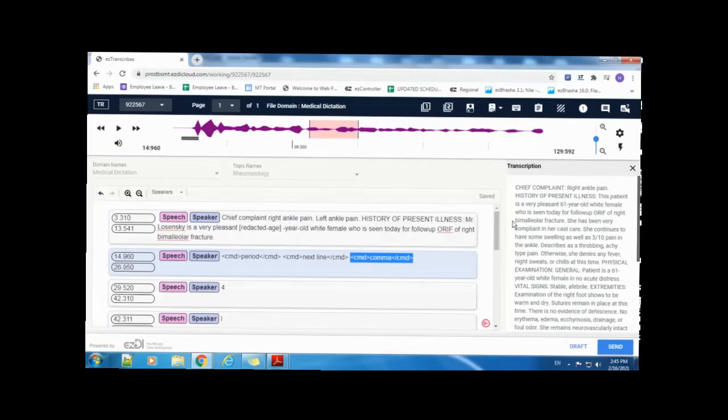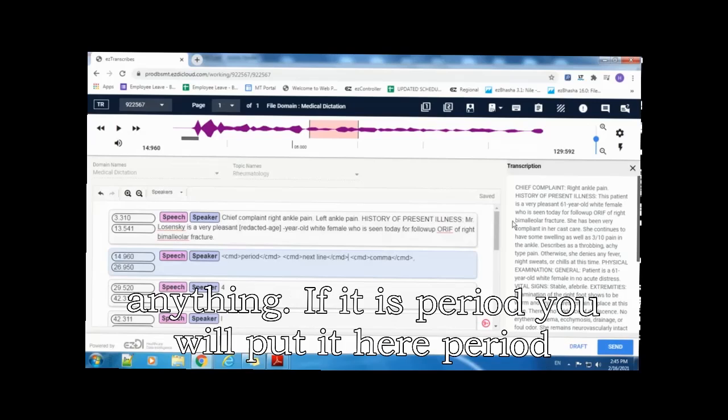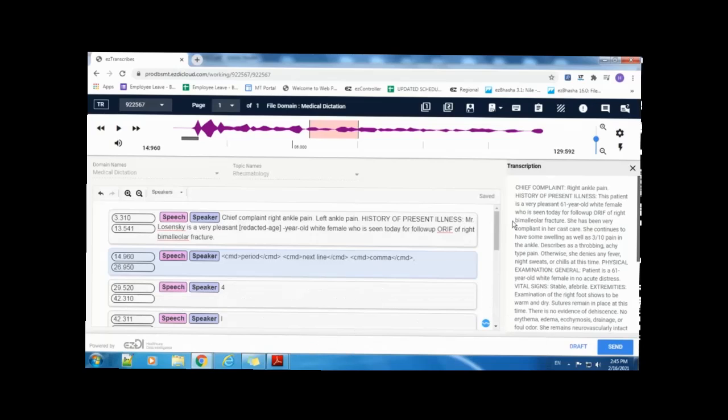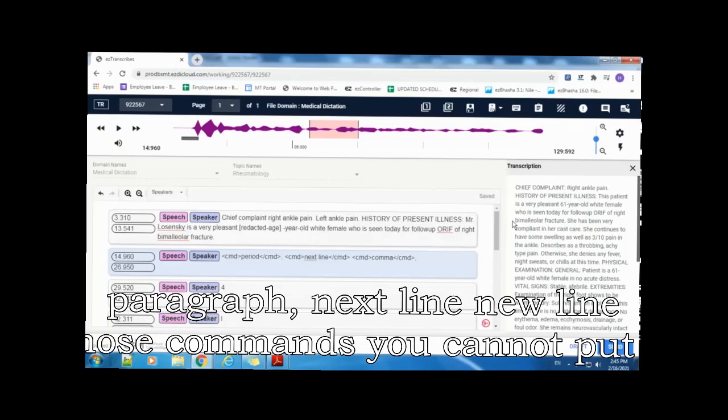If it is next line, you will not do anything. If it is period, you will put it here, period. For period and comma you will have to put both. Other than that, paragraph, next line, new line, those commands you cannot put a symbol for.